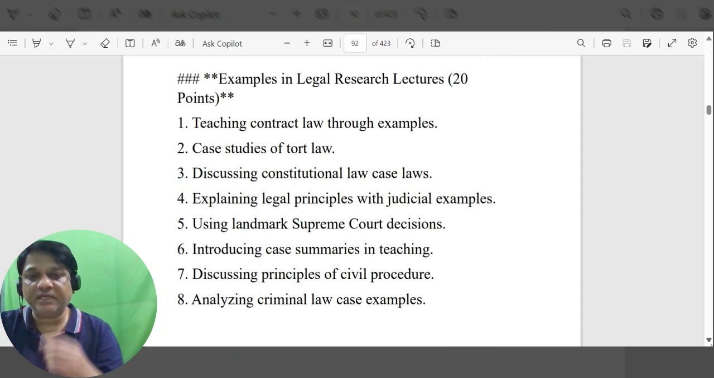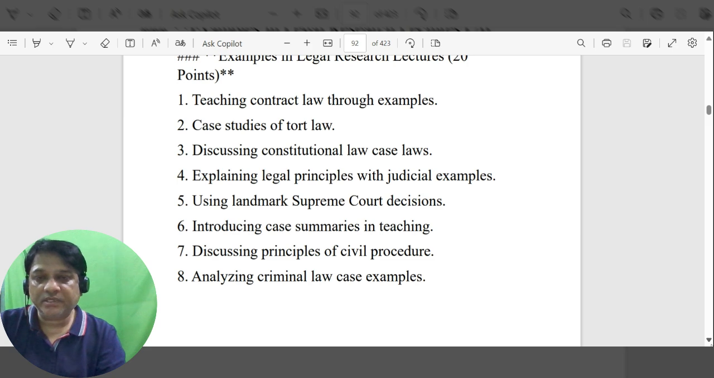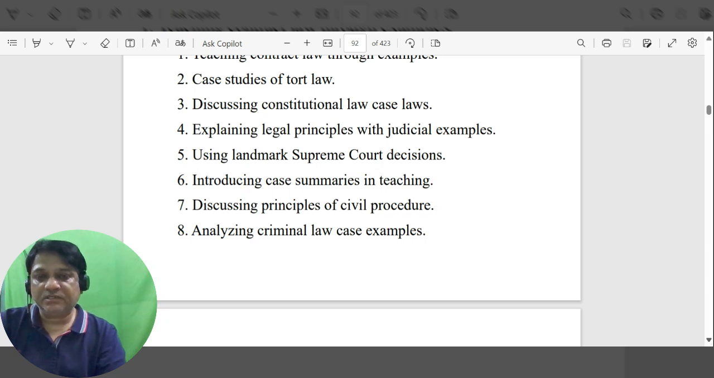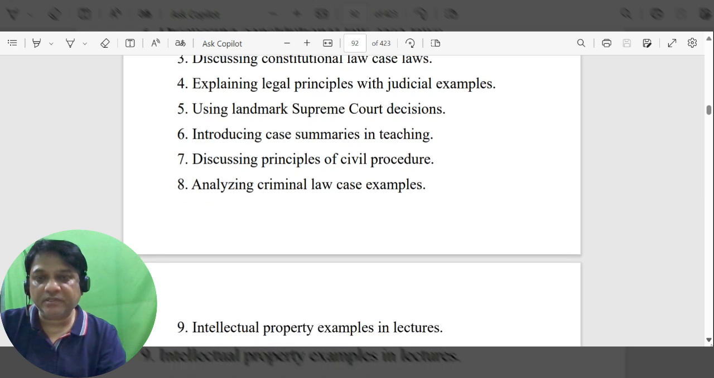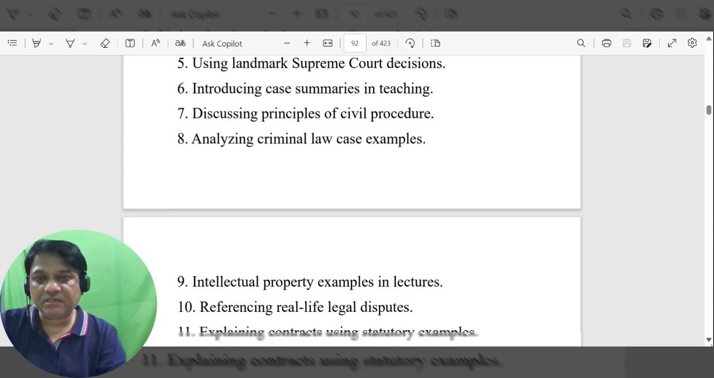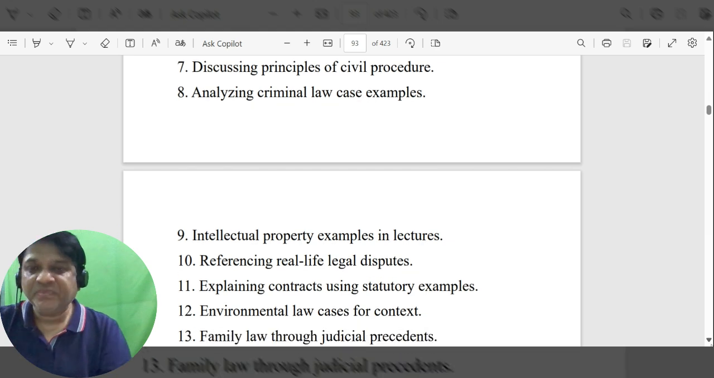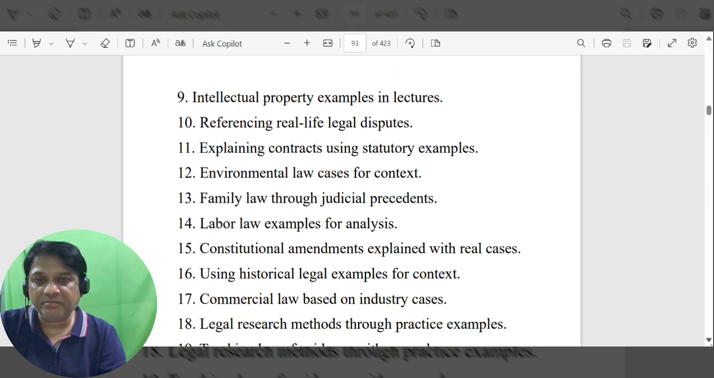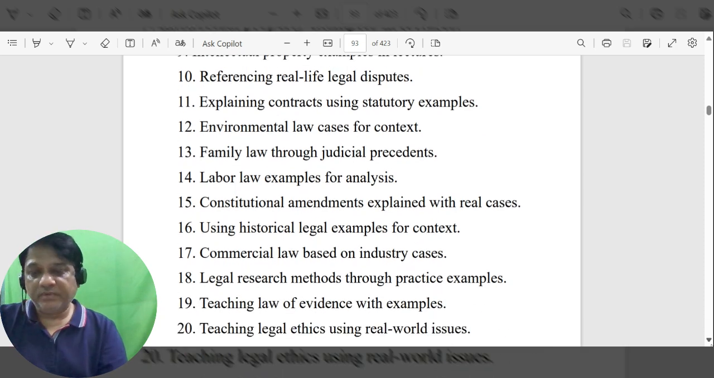Examples of legal research lectures: teaching contract law through examples, case studies of tort law, discussing constitutional law, case laws, explaining legal principles with judicial examples, using landmark Supreme Court discussions, introducing case summaries, discussing principles of civil procedure, analyzing criminal law case examples, intellectual property examples in lectures, referencing real life legal disputes, explaining contracts